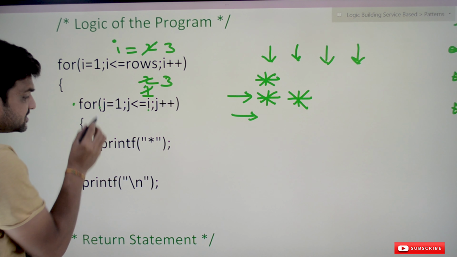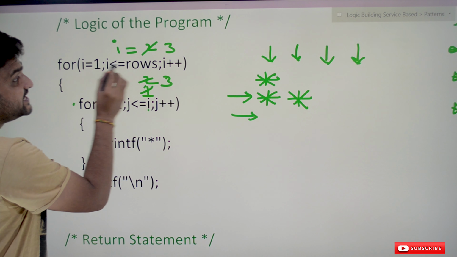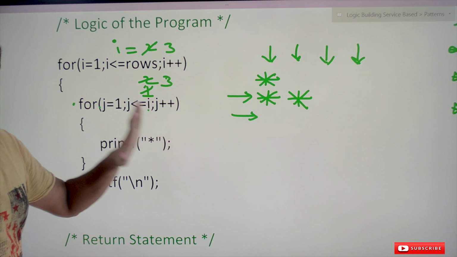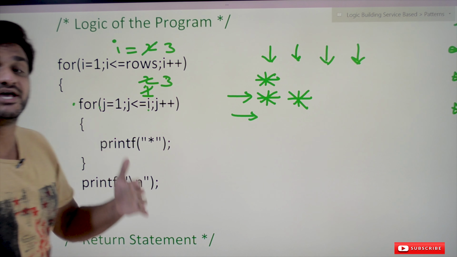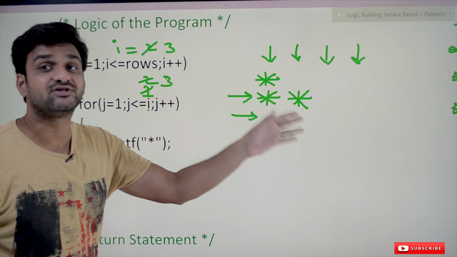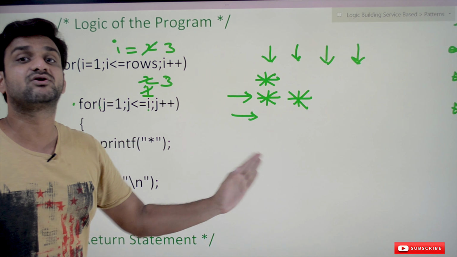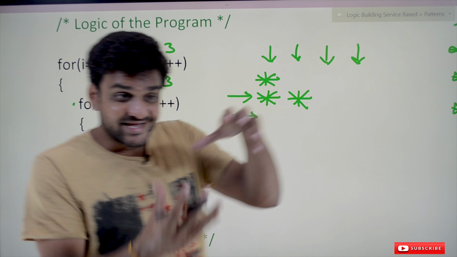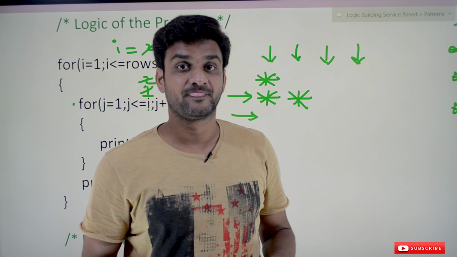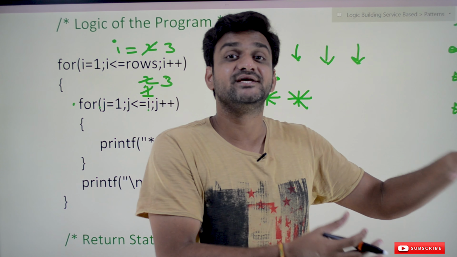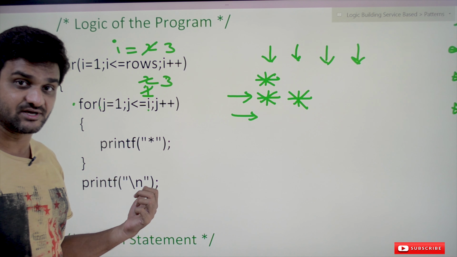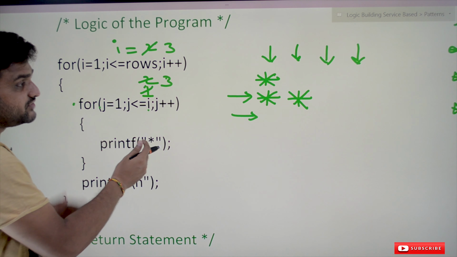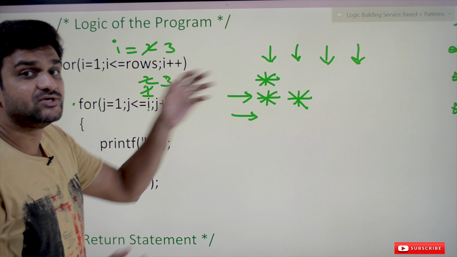So this for loop is going to iterate i number of times. Each time it is going to iterate for i number of times, and in each and every iteration it is going to fill the column with stars. That is the logic for creating a half pyramid. Now what needs to be printed is decided by this printf statement. What needs to be printed? In our first pattern we are going to construct the half pyramid by using stars.